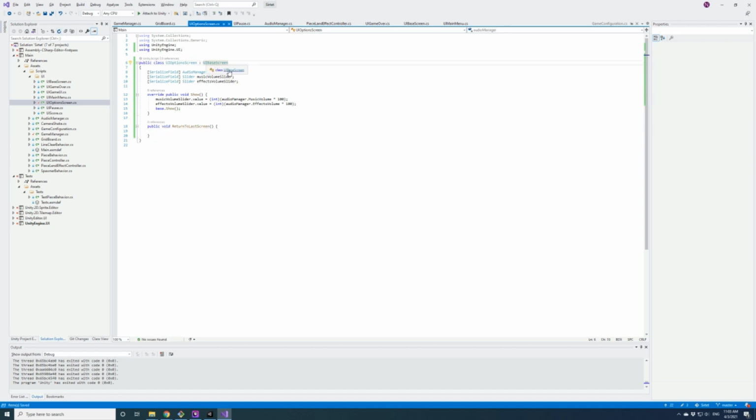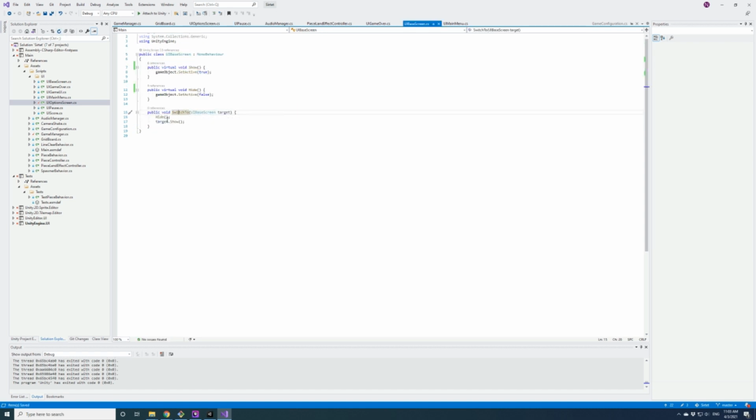And then our UE base, we kind of want, what was the last screen we were on? Protected last screen.